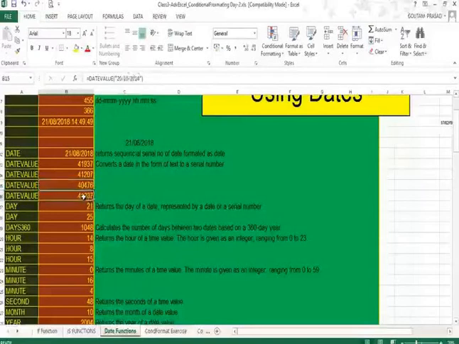So yet another format of the date and the equivalent date value. Here the DAY part, DAY is a function which takes out the day part of the date.